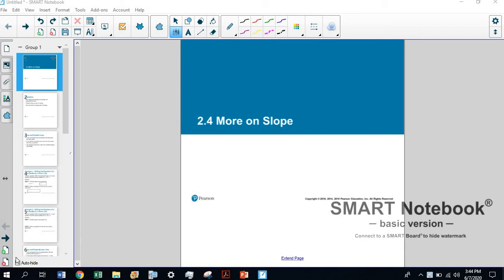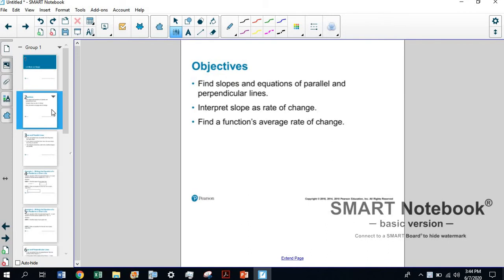2.4, we're going to talk about some of the more interesting parts of slope, I guess, if you will, a little more technical and helps us get to other things. Specifically, this section we're going to be talking about finding the slope and equation of parallel lines and also perpendicular lines, lines that are parallel to one another and perpendicular to one another. And we're going to talk about the slope as a rate of change and then be able to find the function's average rate of change. And that's true for any function, not just linear functions, but it is kind of an application of slope,